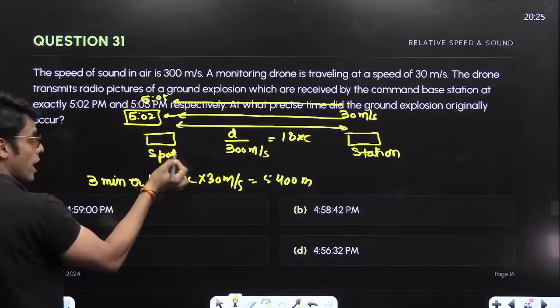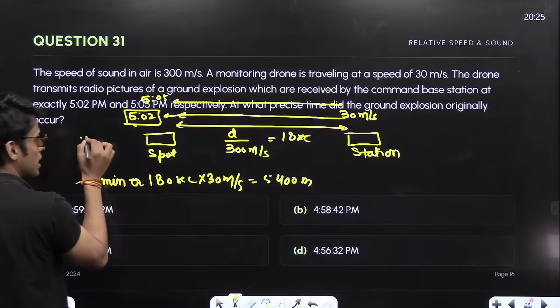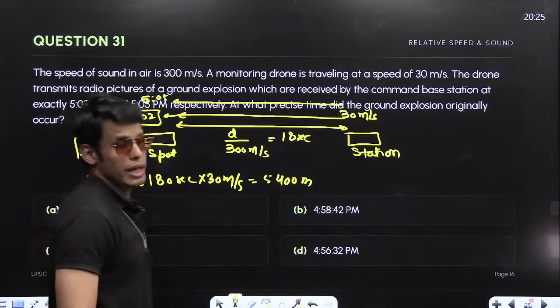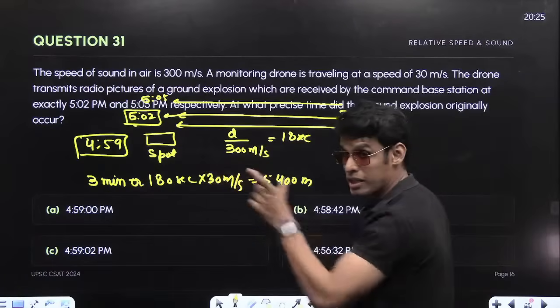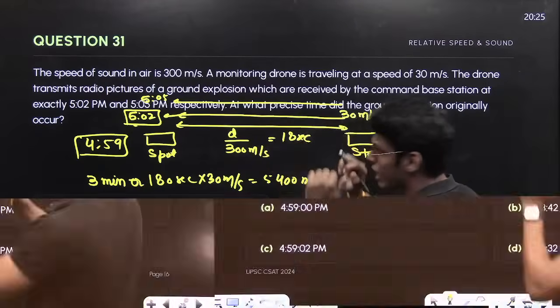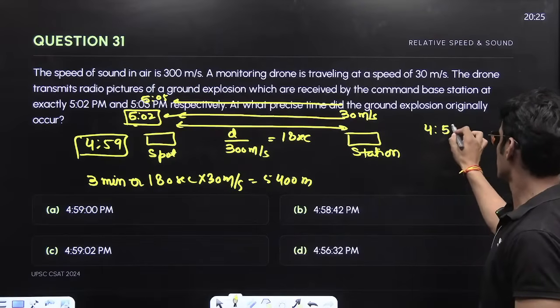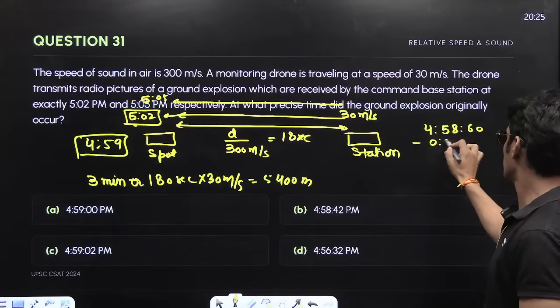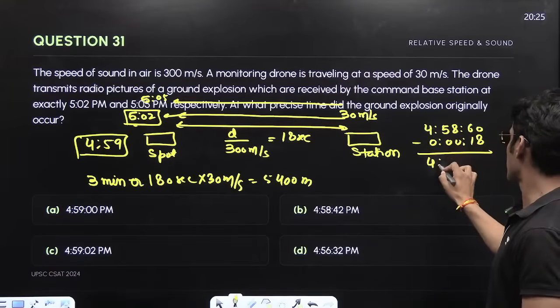So the explosion must have happened 3 minutes prior to this, that is 4:59. And this is also not the explosion time. This is the time at which this station picked up the sound, and then sound traveled for 18 seconds. So you have to subtract 18 seconds from this,